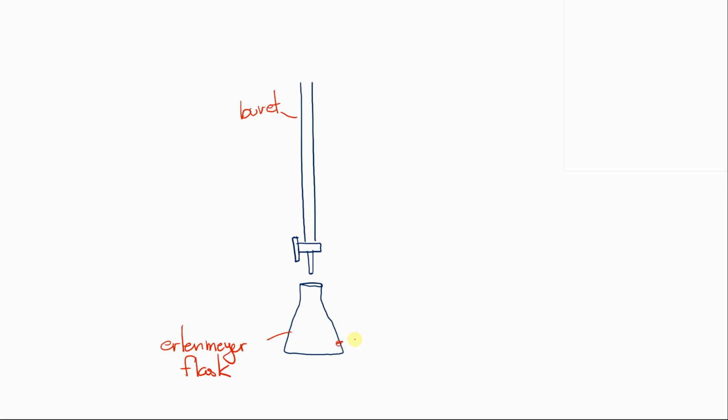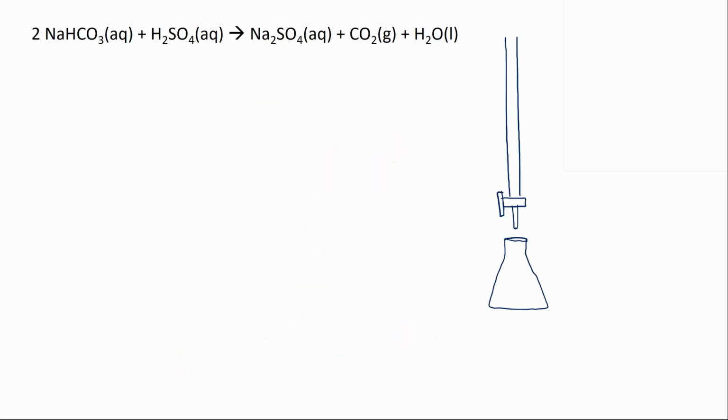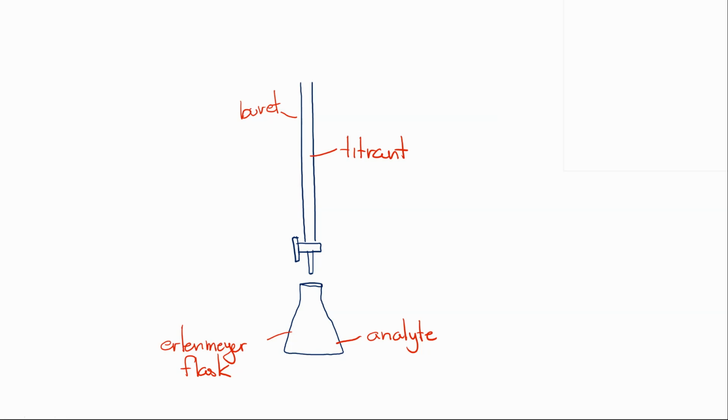We're going to put our analyte as a solution in this bottom flask. This is the stuff we're typically trying to measure. In some courses you might hear it called a titrand. And we're going to put a solution in the burette called a titrant. T-I-T-R-A-N-T. And essentially the procedure is dripping the titrant into the solution until we've added just enough titrant to react